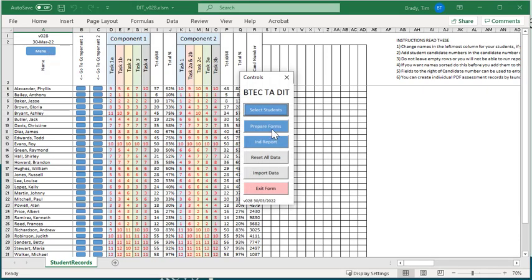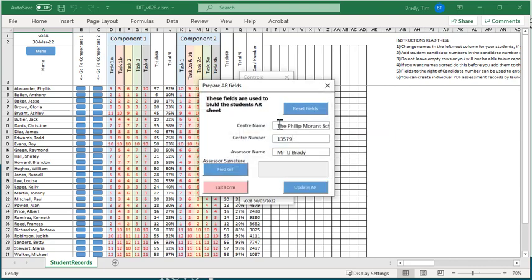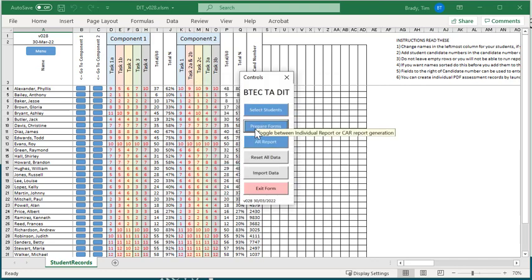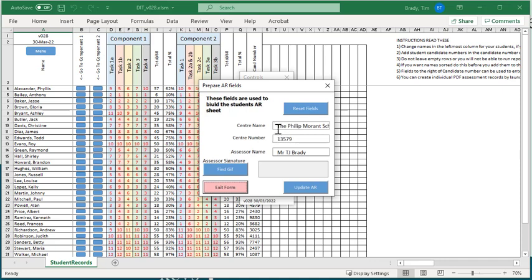Reports. If I now look at the assessment record report, these are the reports that are required by the awarding organisation. There are some details that need to go into that, so that's what this button here is for, prepare forms. So in here you can insert the name of your center, the center number. You as a teacher can put your name in here. You can load a GIF of your signature using this button here, and you can update the assessment record with